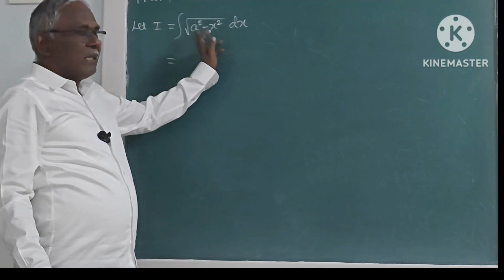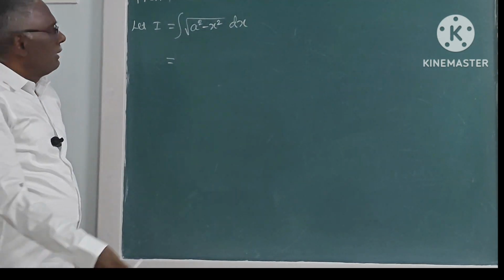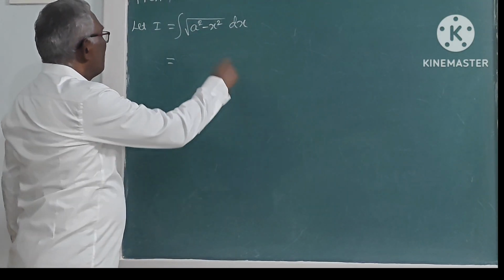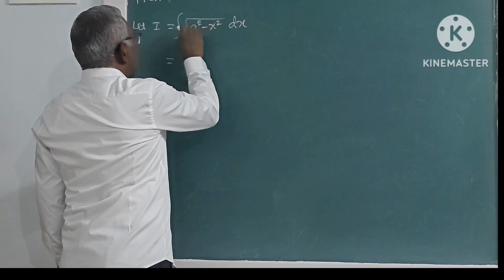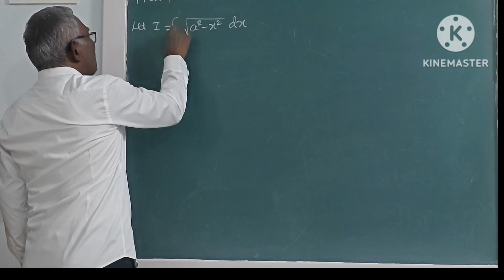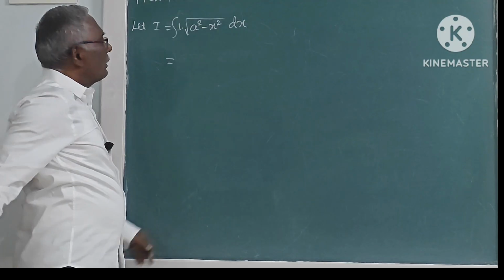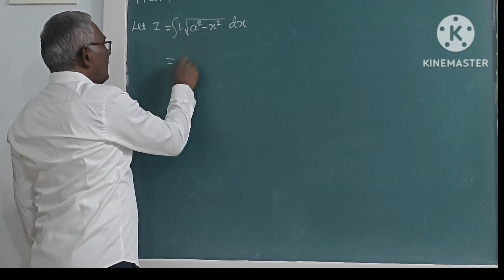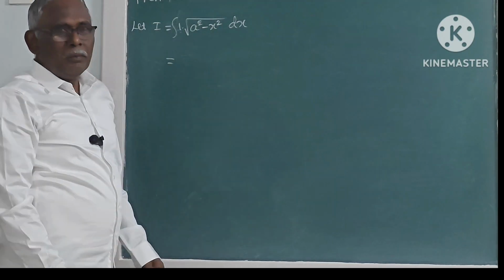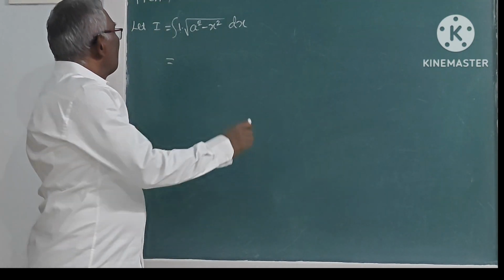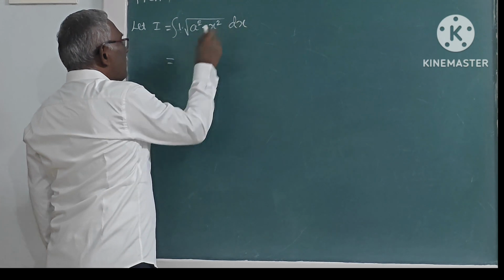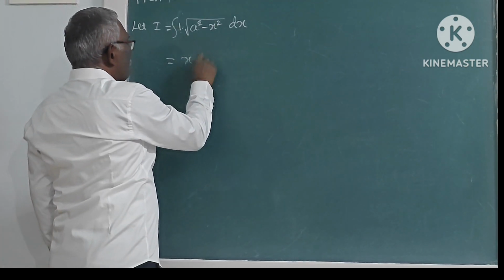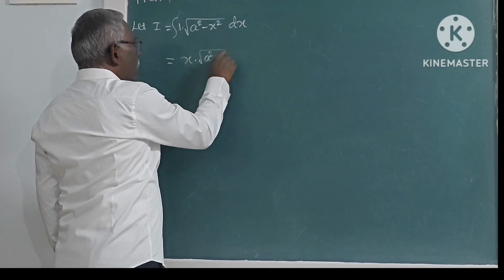So integral square root of a square minus x square dx, again is not possible to integrate. So we'll take 1 into square root of a square minus x square like this. We'll integrate 1. We'll integrate this by integration by parts. So if we integrate 1 with respect to x, we'll get x into second function square root of a square minus x square